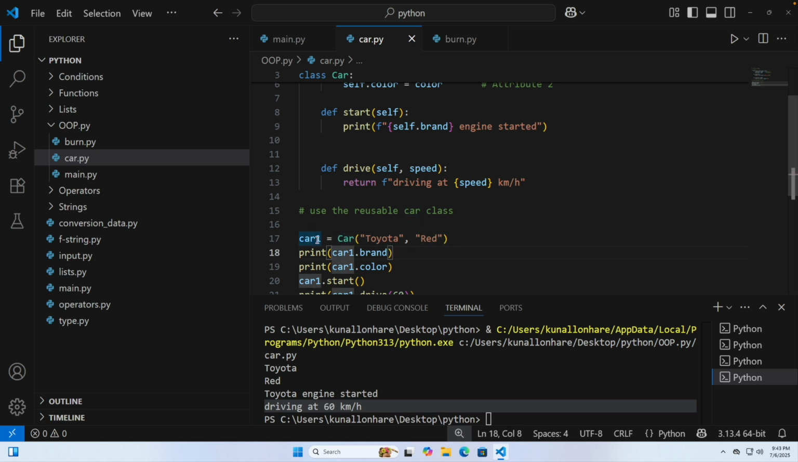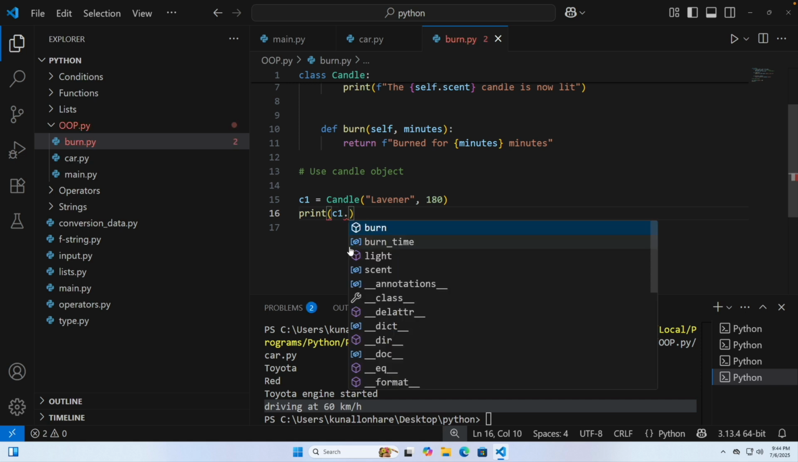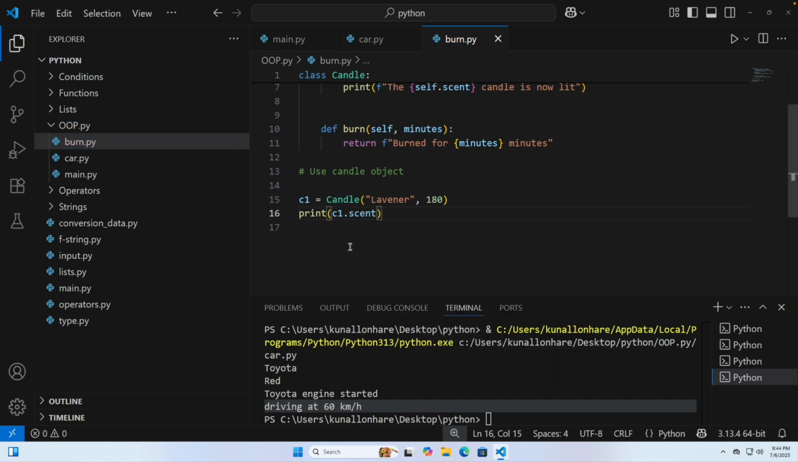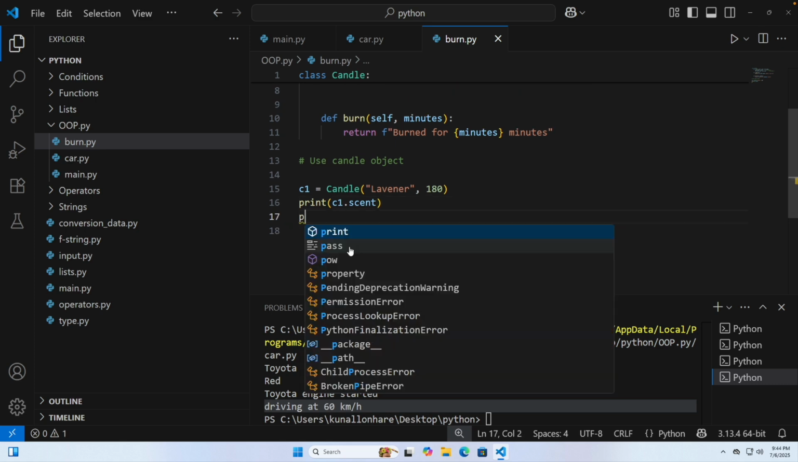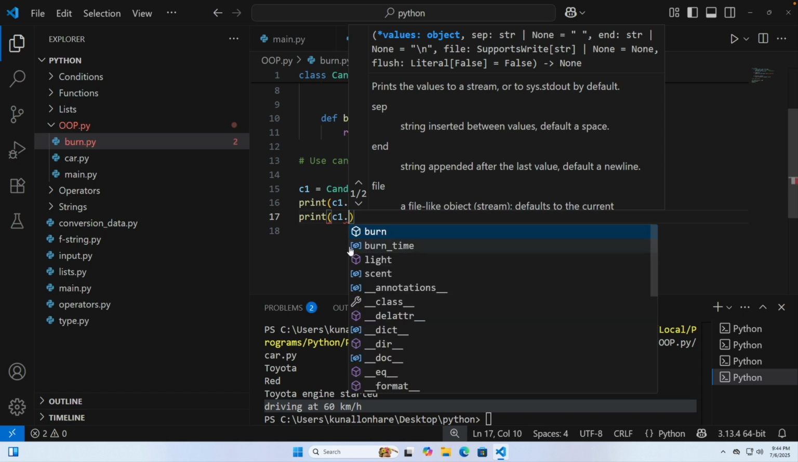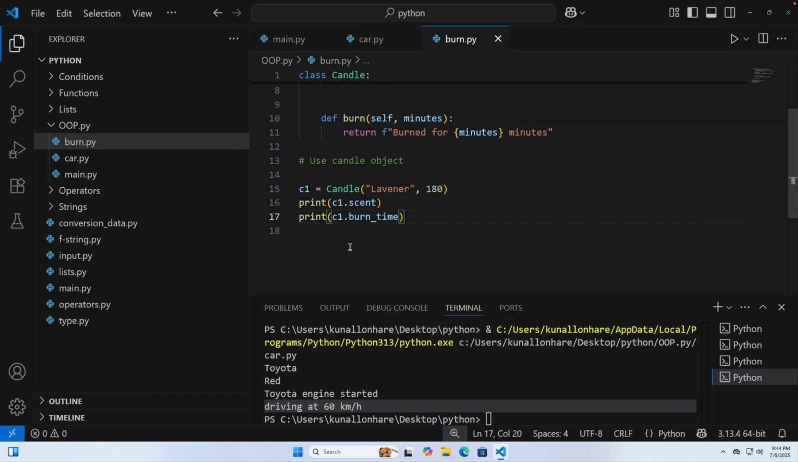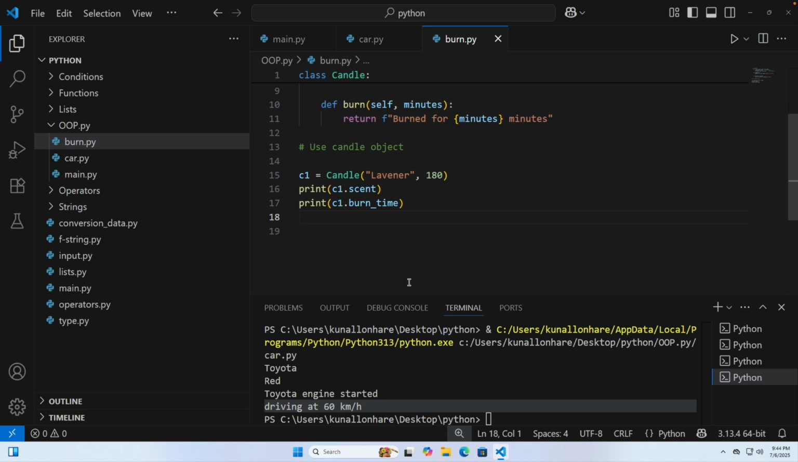Now we call the car one. Okay, so same we are going to call it, let's say C1 here. So C1 dot send. Okay, same, print brackets C1 dot, let's say burn time. Awesome. Or you can just say okay, burn time. So now if you clear it up,